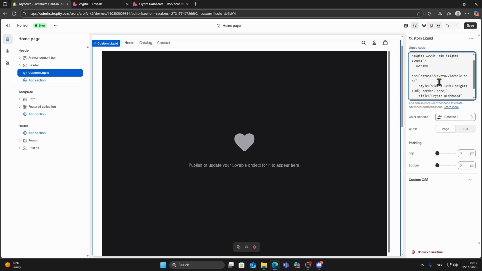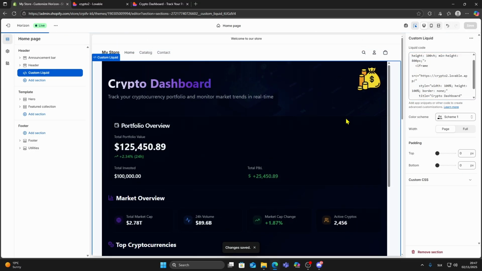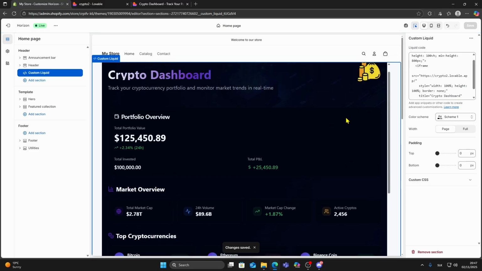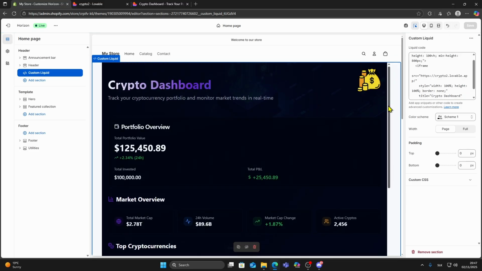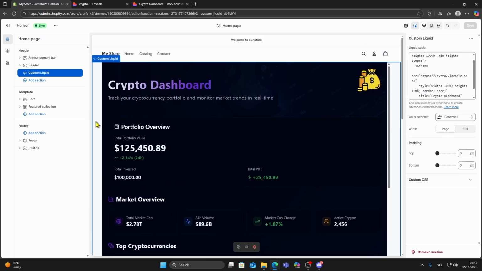After pasting and updating the URL, you should see your Lovable app load automatically inside the editor. Click Save to apply the changes. That is how you embed your Lovable AI web app into Shopify. Now your visitors can access and use the app